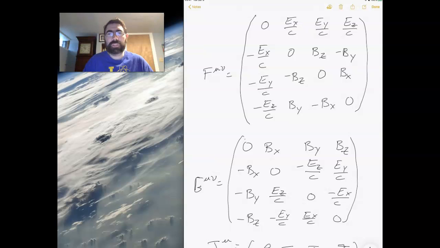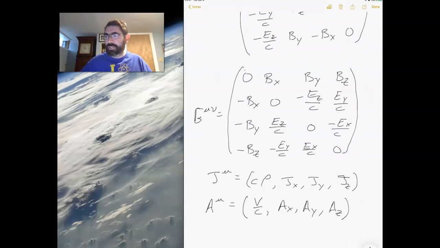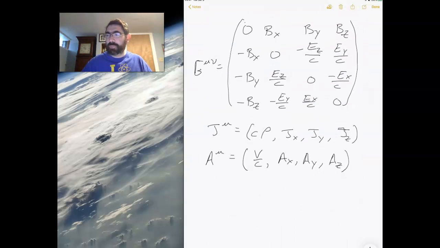It obeys the laws of special relativity, and along with it is the companion tensor, the dual tensor, where now we are